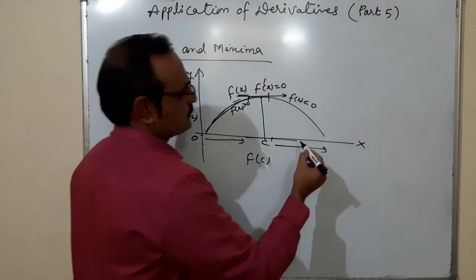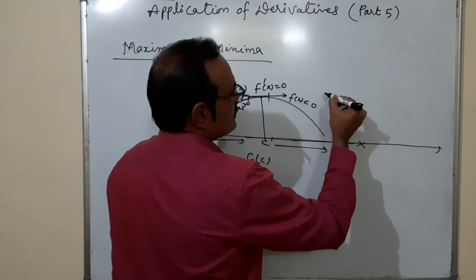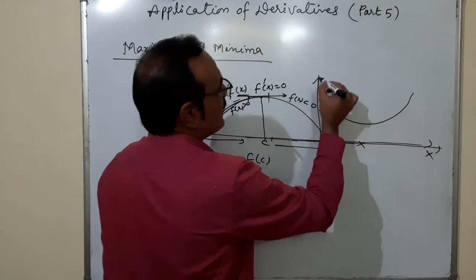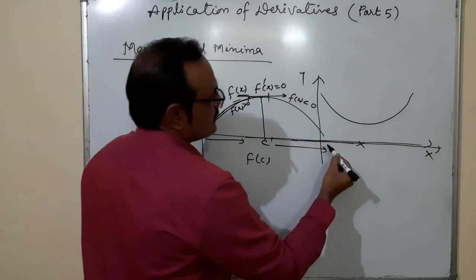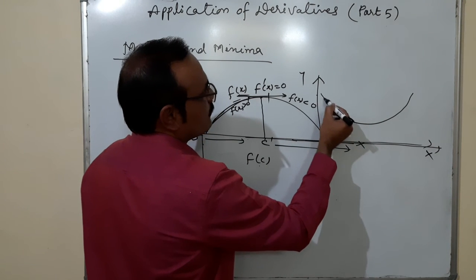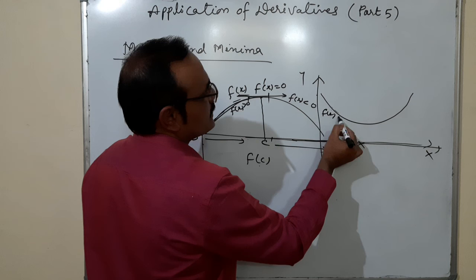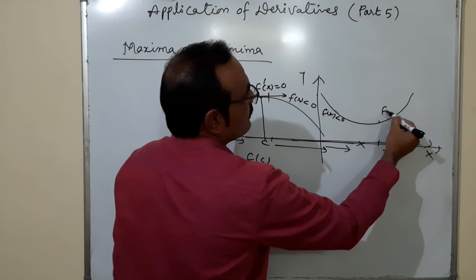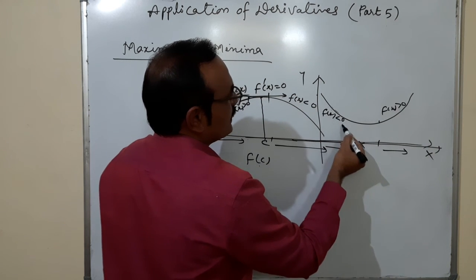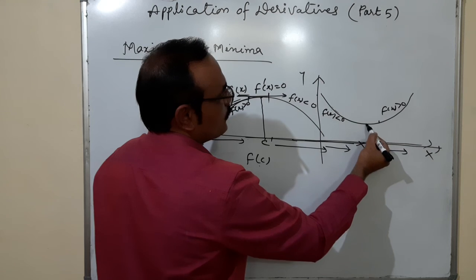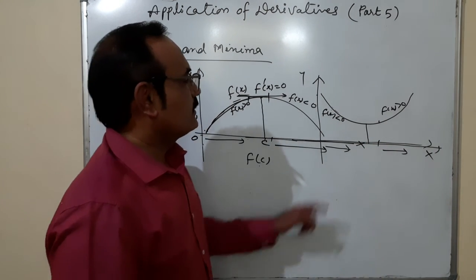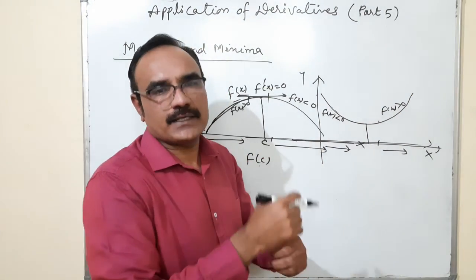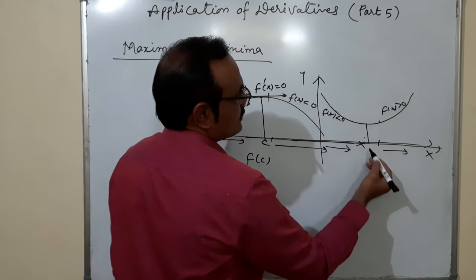The second situation is when the function is like this. What is the condition here? Again there is x and y. As x is increasing, f of x is decreasing, that is, less than 0. And from here, x is still increasing, but f of x is increasing. So it is decreasing and then increasing. That means there must be a position here where the object is at rest, or we can say the object is changing its direction. Suppose this point is C.